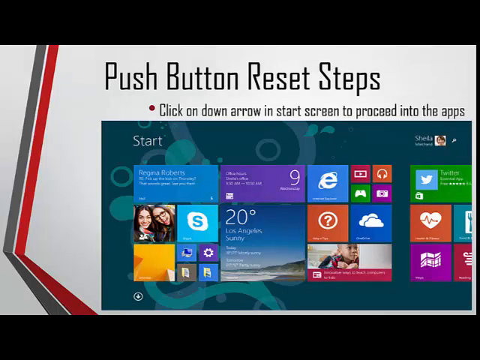So the steps to be able to complete the push button reset are going to be displayed here. The first of which is going to be through the PC settings. So what you'll do is you'll click on the arrow on the start screen. You'll go into the start screen, click on the arrow that's on the lower left part of the screen, and